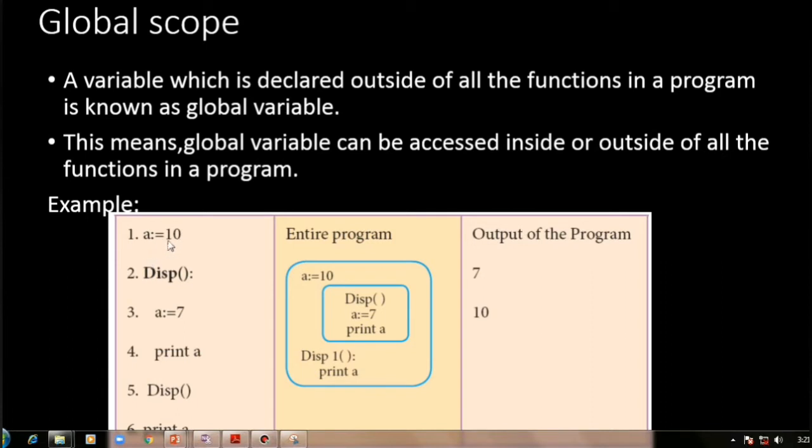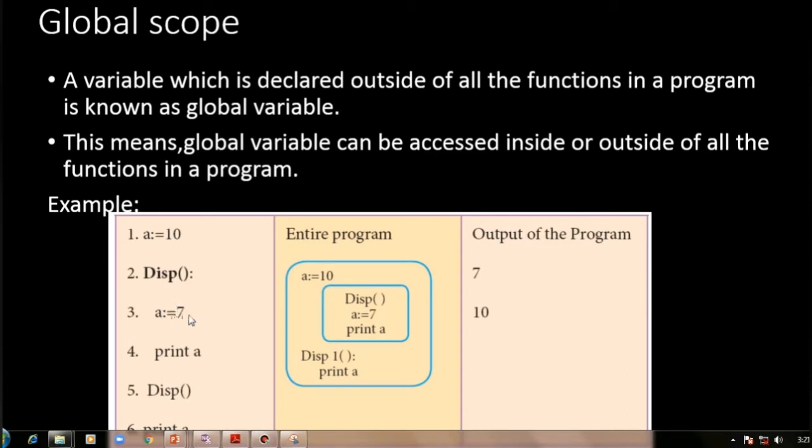See this example: a equal to 10, disp, here disp is a function name, a equal to 7, print a. Here also we are using 2 variables with the same name, a. In global scope the value of a is 10, and in local scope we assign the value of a as 7. How can you say this is a local scope?